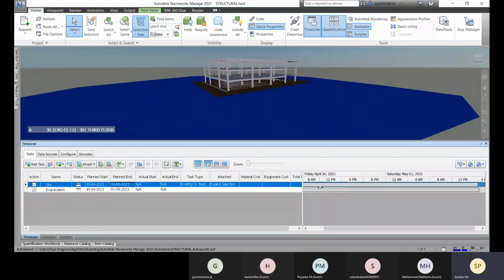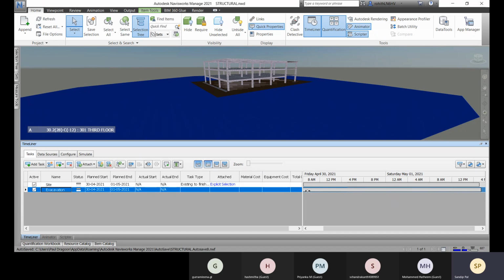So let me just assign the time. Yeah, 9 p.m. Okay. And for this also you can choose the time. Okay. Like that you can assign. Now let's go for it, and here I will be selecting it, and I will attach it, right click and attach current selection. And what will be the task type? So I will be demolishing this, right? I'll be excavating, so it will be demolish.